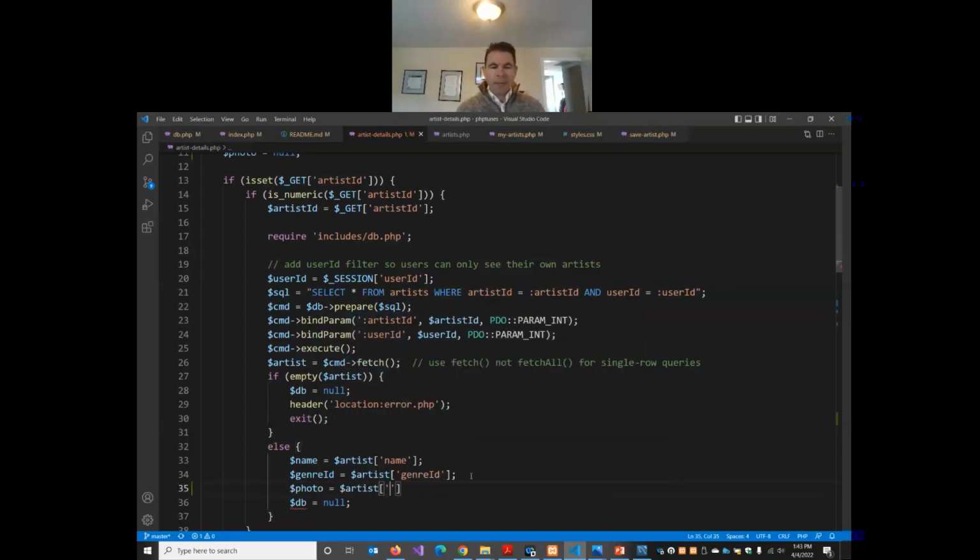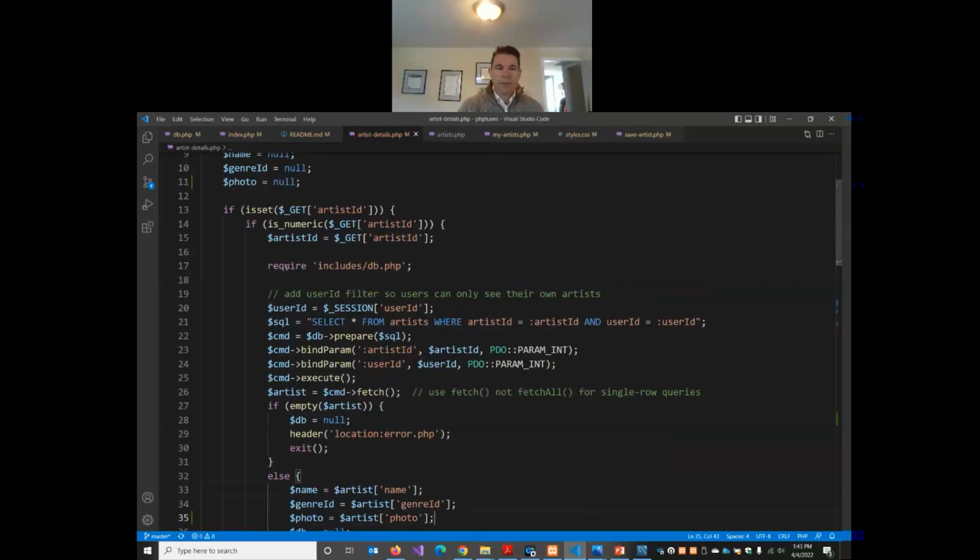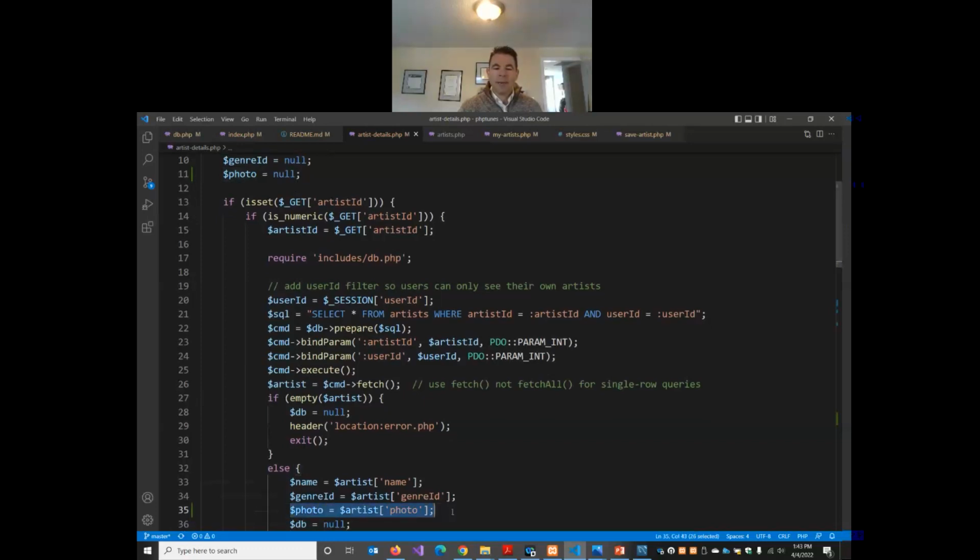It might be null, it might have a value. In either case, we're going to set that property. So I've added line 11 and line 35, you can see the little green new line. So add line 11, initialize our variable to null, and then we're populating it from the result of